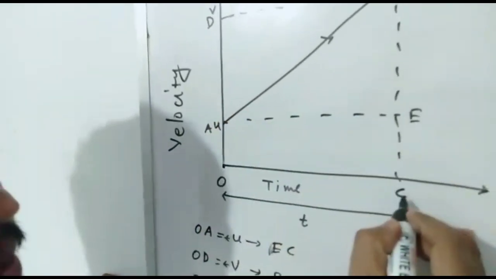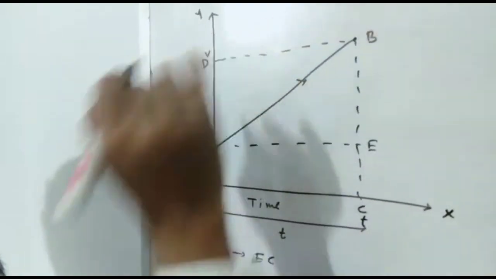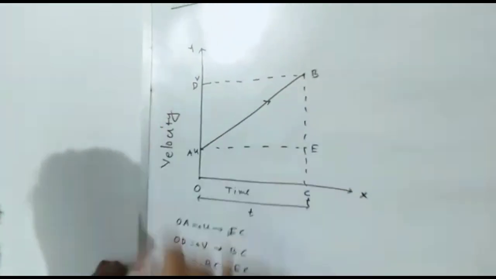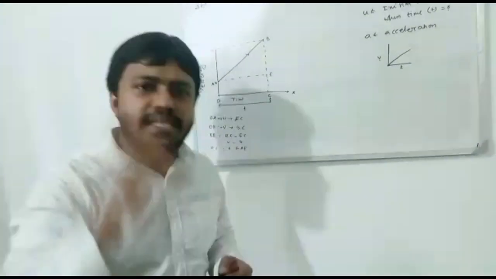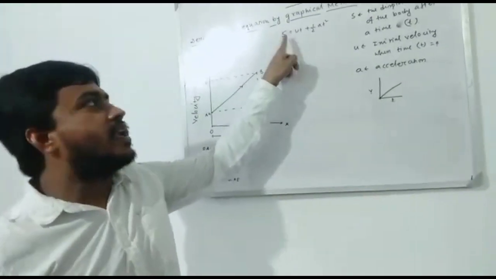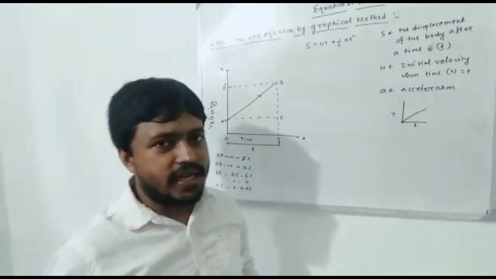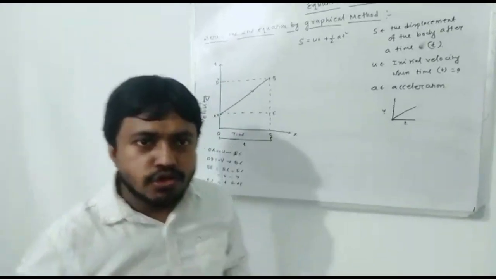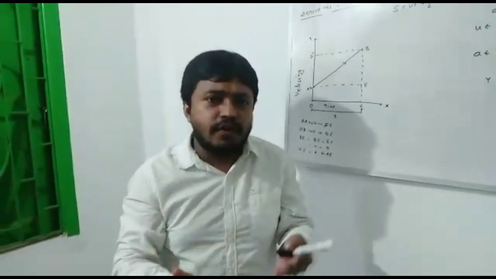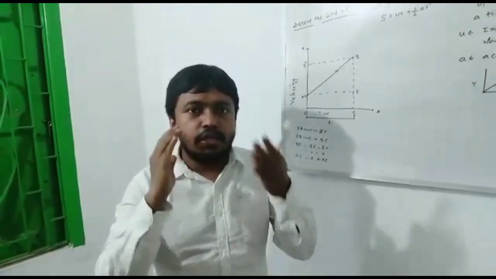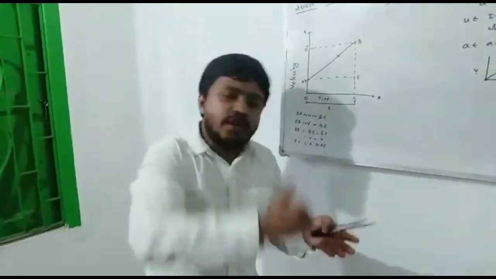and after a time t, the velocity of the body will be v. And these things we can now draw in the graph. Now today our target is to derive the second equation of motion, that is s equal to ut plus half a t square. So s is the displacement. So if you target to find the displacement from the velocity time graph, what is your first approach? You can find the area enclosed by the velocity time graph.